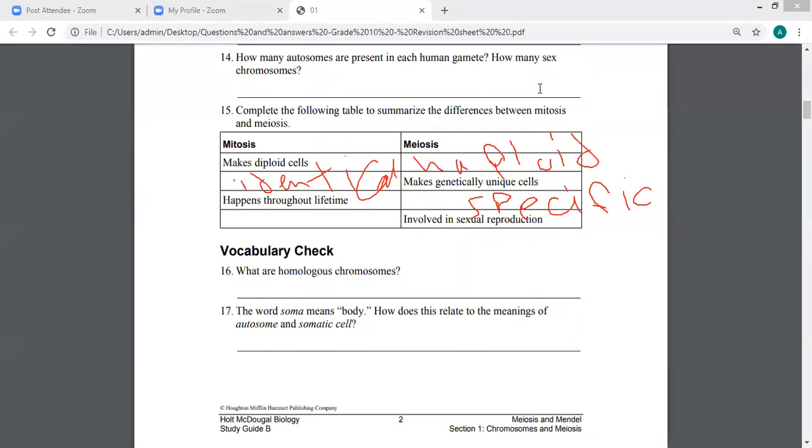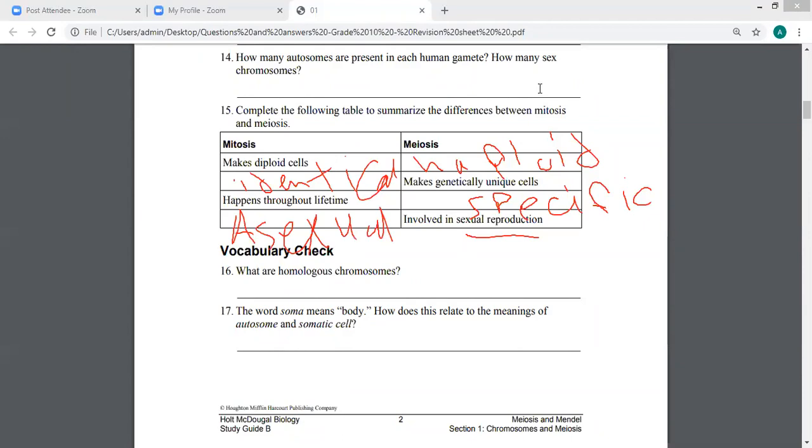Okay, cell division, right, but compare between the types of reproduction, if you can see the answer, okay? But meiosis, asexual. Excellent, asexual reproduction. Good. Number 16,